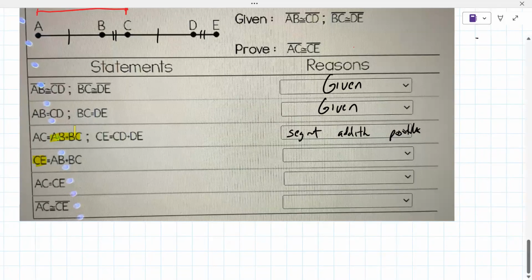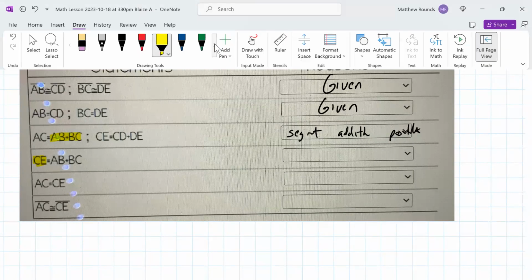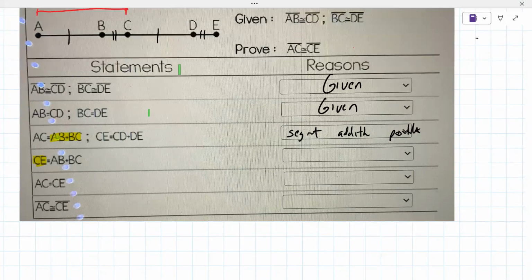What do we know about AC and CE? What was given earlier in the problem? Well, I guess they don't do that here. Never mind. Sorry, I guess I was going somewhere they're not doing. We know that CE is, why are they doing that? AB plus,